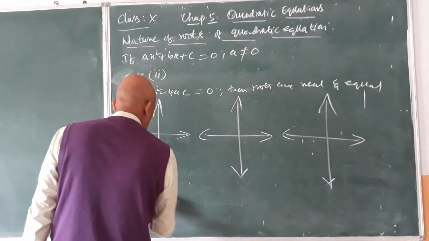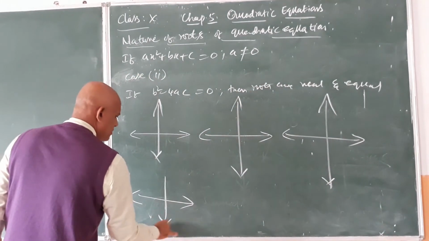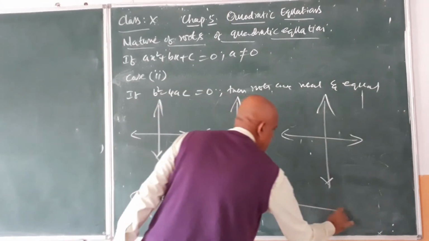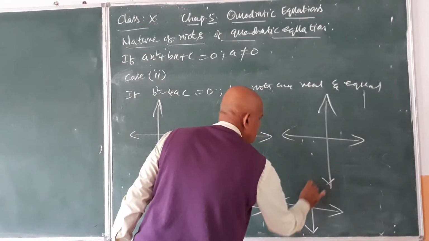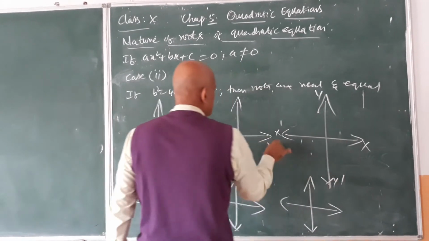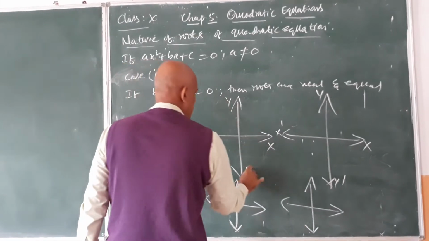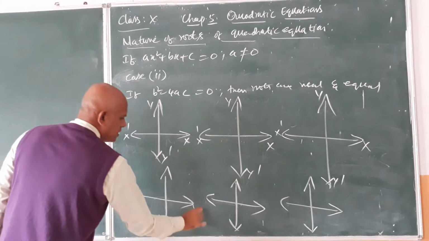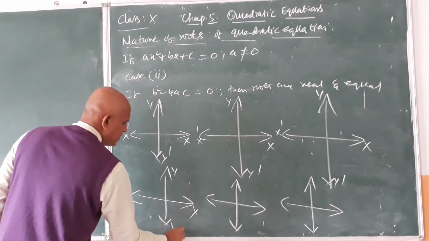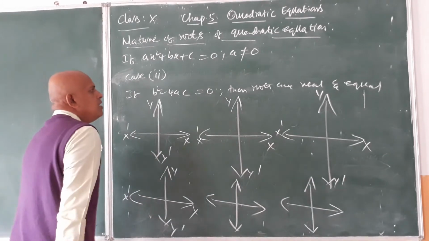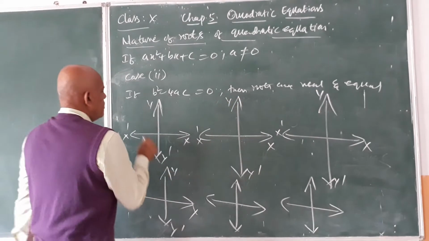So again, one more downwards here. Positive x axis, negative x axis, positive y axis, negative y axis. Then the roots are real and equal. Both are either...